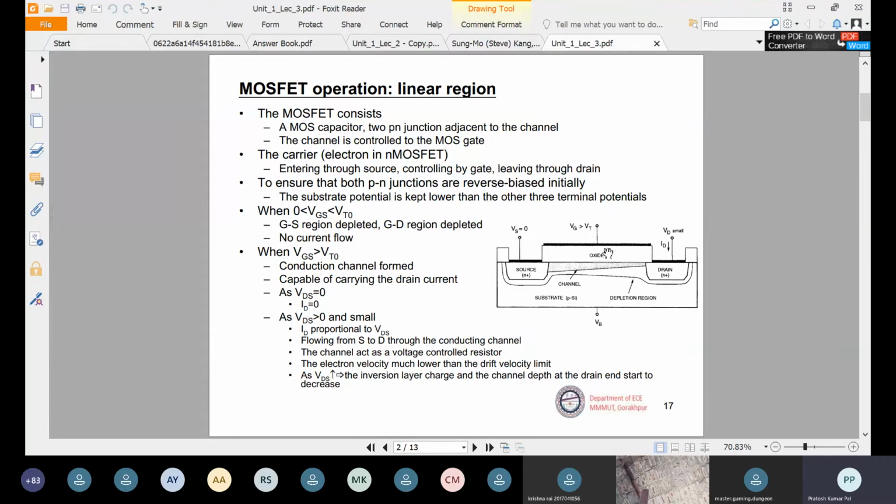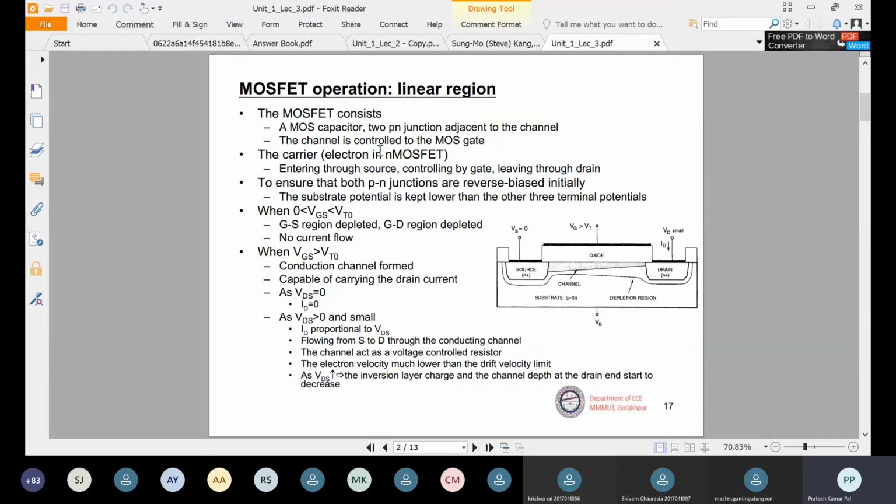We have seen in the previous one, the gate will be one terminal, the semiconductor substrate will be another terminal, and this will be outside. It will be like a two terminal capacitor, and also it has two PN junction diodes like we have here. Okay, and the control of this MOS device is done basically by the gate voltage. Whatever gate voltage we are providing, that will be giving you the operation of your MOS device.